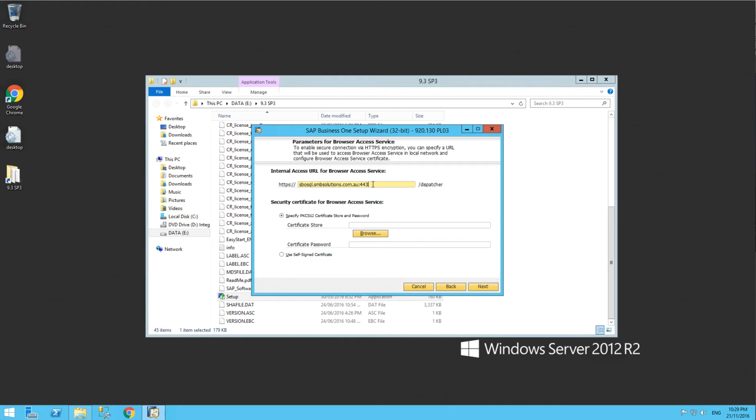So what does this mean? What I can do is, if I set it up like this, I can tell people out on the internet, you want to access my SAP Business One in the web browser, just go to https://sbosql.smbsolutions.com.au/dispatcher, and it will work. No self-signed certificates, no need to install extra certificates, worry about certificate errors or anything like that. This is why I really, really recommend getting a wildcard certificate. Yes, it costs a few hundred dollars, but